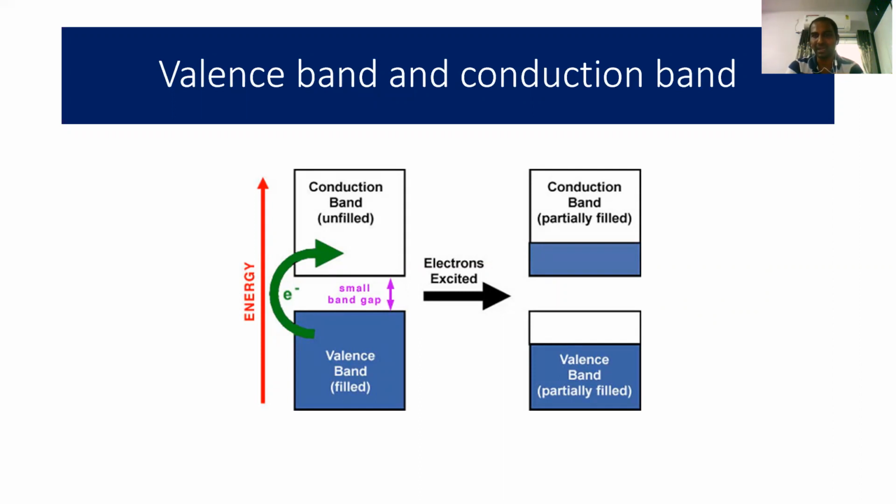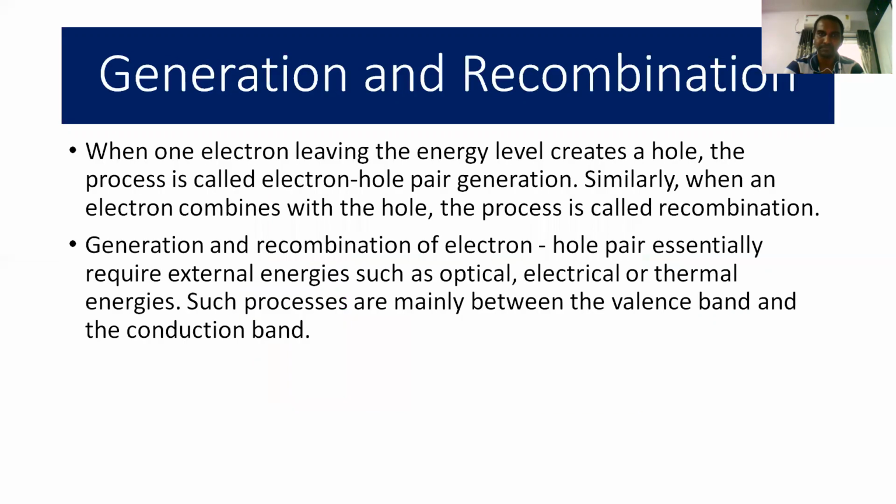But when you excite the material by external means, either by increasing the temperature, applying an electric field, or supplying energy from the surroundings, some electrons present in the valence band are excited to the conduction band. That's why the conduction band is partially filled, and some charge carriers are shifted to the conduction band from the valence band. Therefore, some vacant energy levels are present even in the valence band. That's why, if electrons are excited, both the conduction band and the valence band are partially filled.